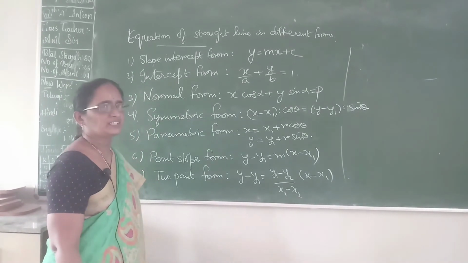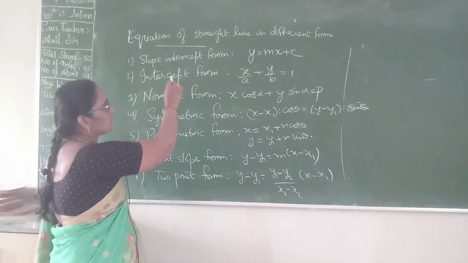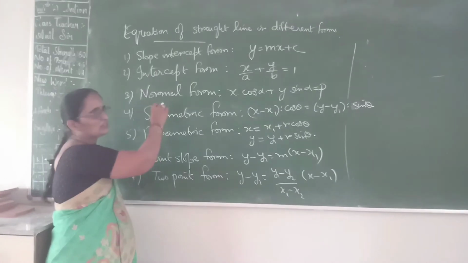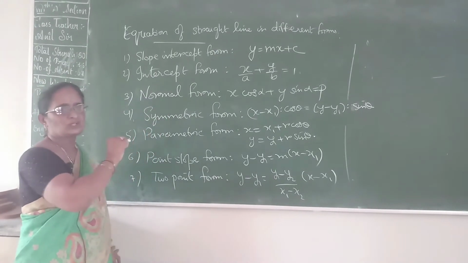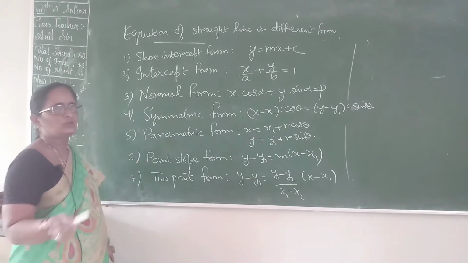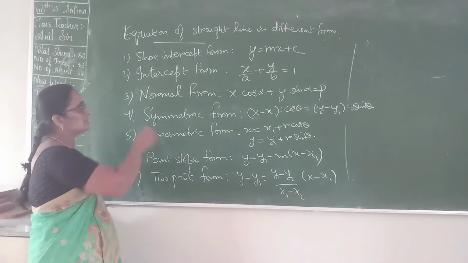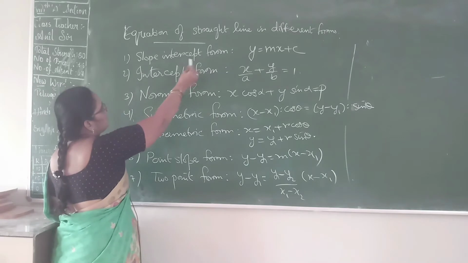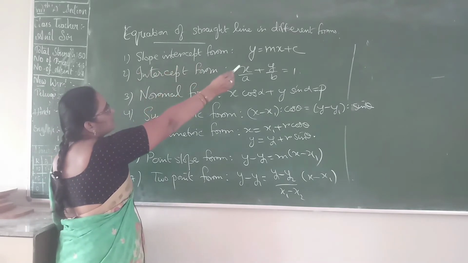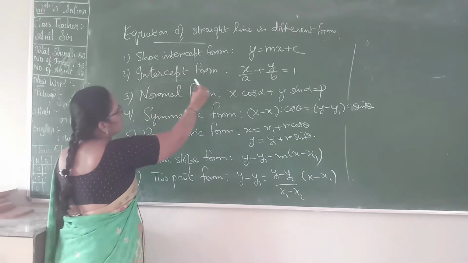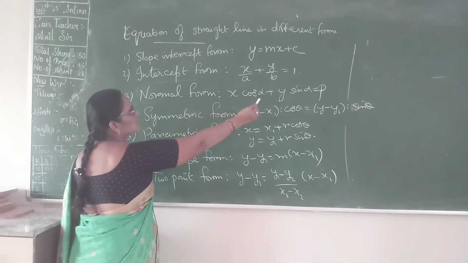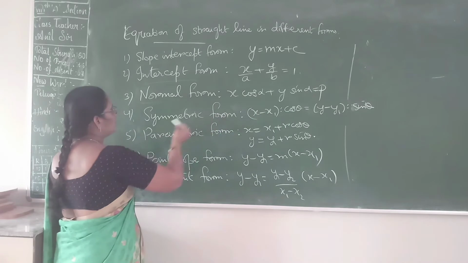Now children, till now we discussed these are all the different forms of the straight lines. Once again I am telling you why, because these all are required. We always forget where to apply, when to apply. For that reason these are very important to be written like this. First one, slope intercept form. Slope is there, intercept y is equal to mx plus c. Intercept form x by a plus y by b equal to 1. Normal form x cos alpha plus y sin alpha equal to p.